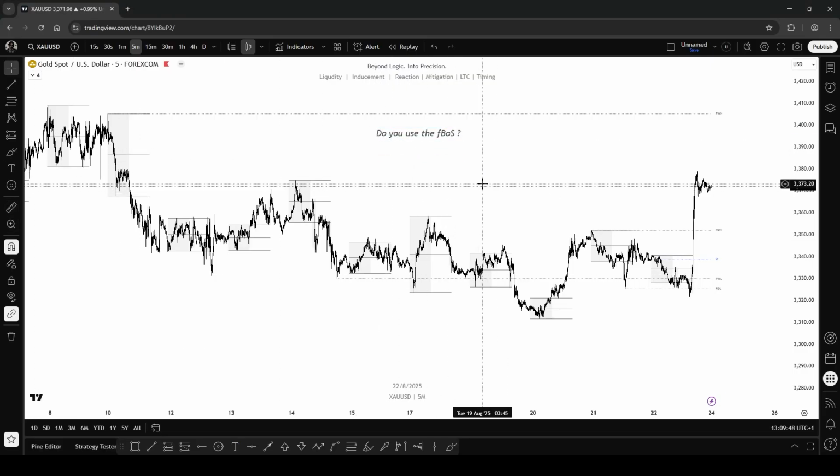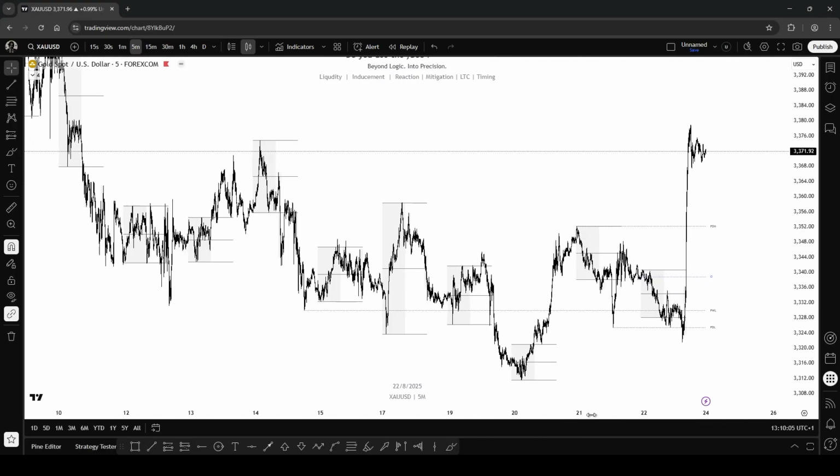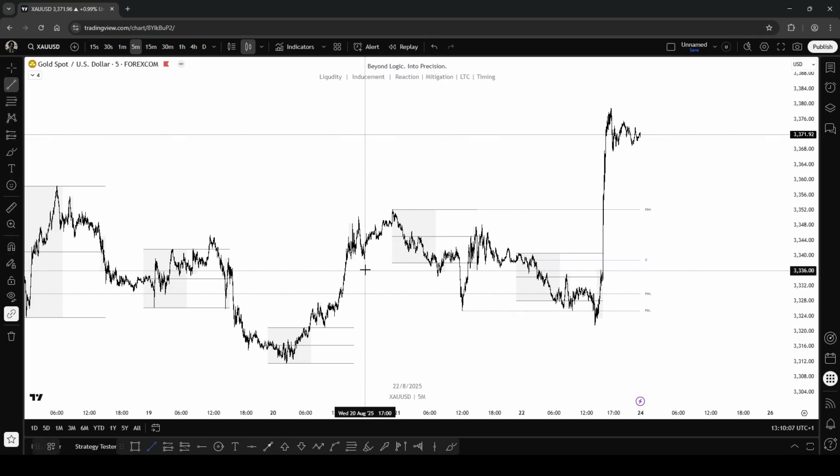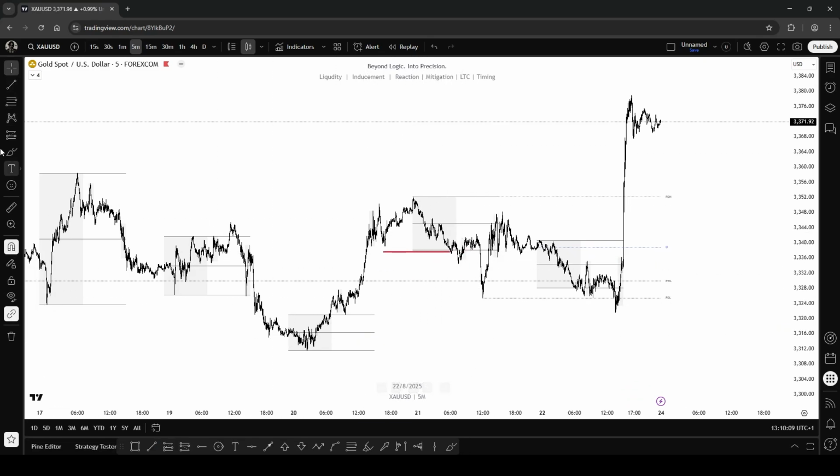This depends, right? What is a false breakout structure to you? For me, that is just an inducement. I treat it as an inducement. You won't see me marking the false breaks on my charts, and that's how you use it, right? So when do we have an inducement? We have sort of a false breakout structure. Similar case in there, we have this false breakout structure, but I don't really like to mark that much stuff